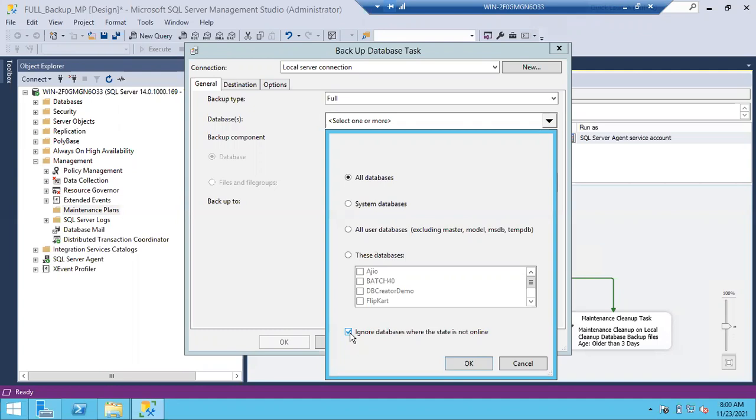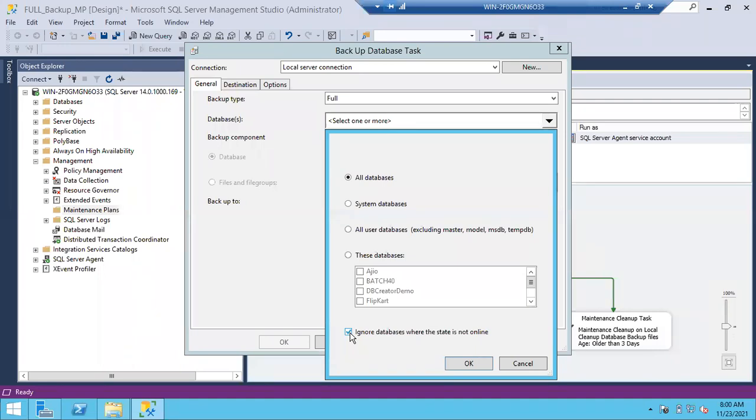So even though the maintenance plan is mostly successful, imagine only one offline database and 99 online databases. It will take backups for the 99 online databases. It will fail for that one offline database. Ultimately, your maintenance plan result will be failed, but it already took the backups for the 99 available databases. As it is unable to take the backup on the offline database, the result will be failed and the team lead will get an incident: please check why this maintenance plan failed.